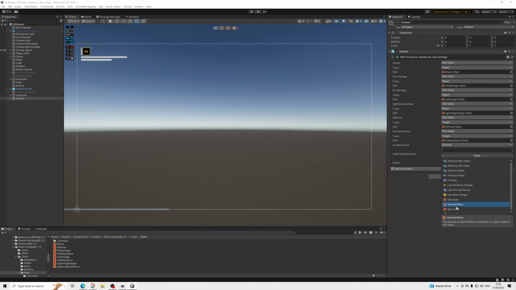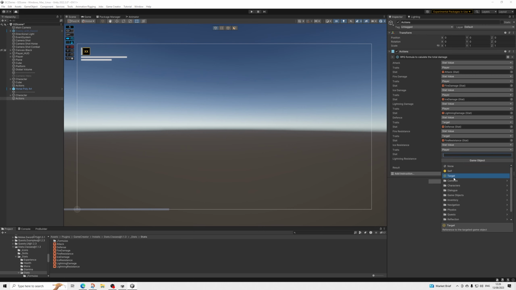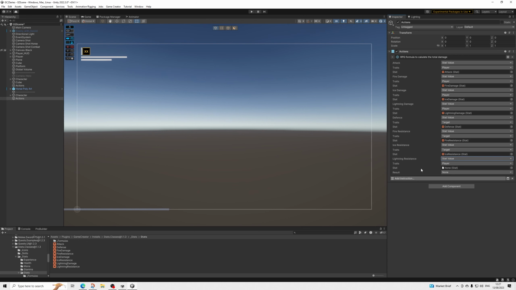And then stats, stat value, apologies, target, and then ice resistance. There we go. And then again, one last time, stat value, target, and lightning resistance. Now the result will go somewhere. I'm actually going to store the result in a variable. I think that's just slightly easier, instead of creating another stat that is just not